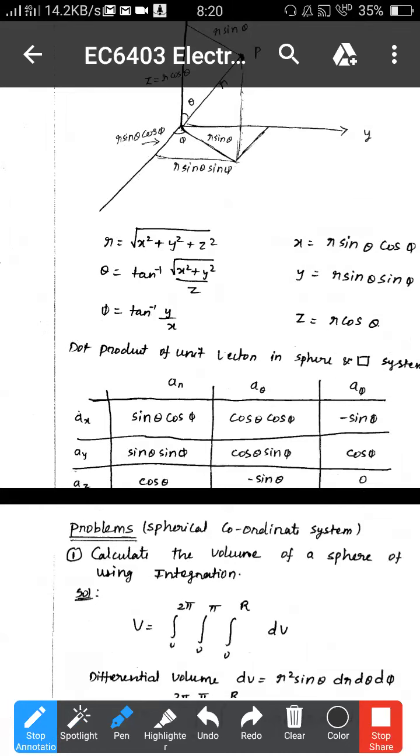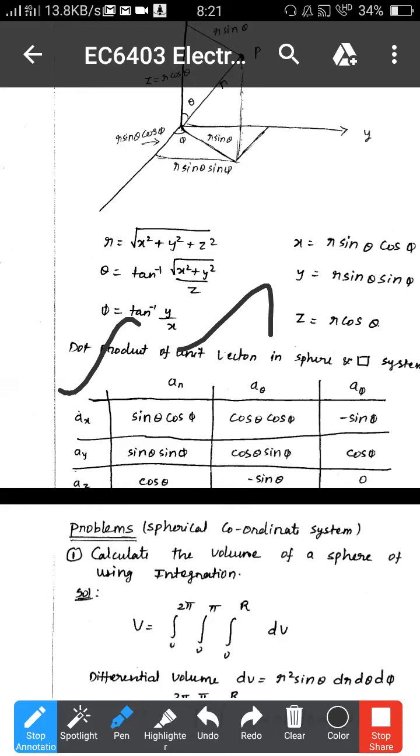You choose a point in such a way that a_r and a_x lie in the same direction. Again, the dot product of these vectors has to be 1. Yes sir, where will you choose the point? I am choosing a point where the x vector direction and a_r direction are the same. Where do I have to choose the point? I have to choose a point on the x-axis.